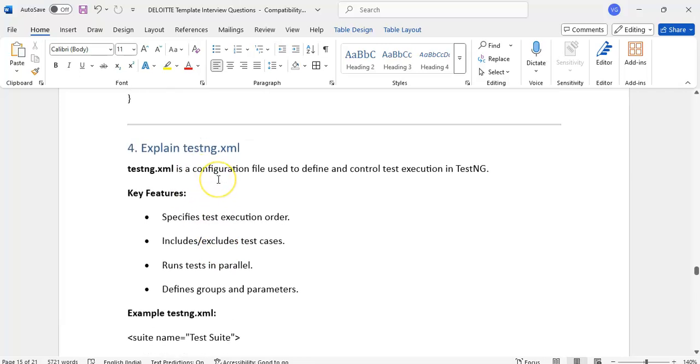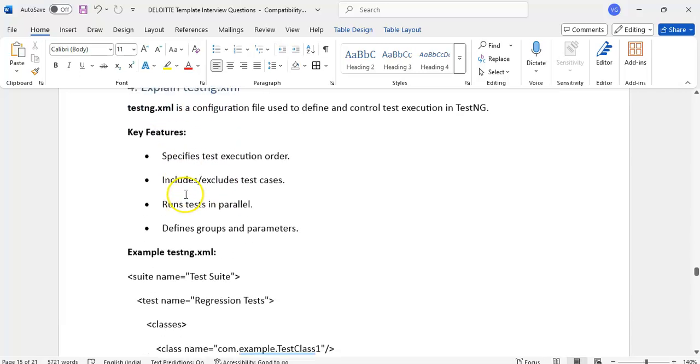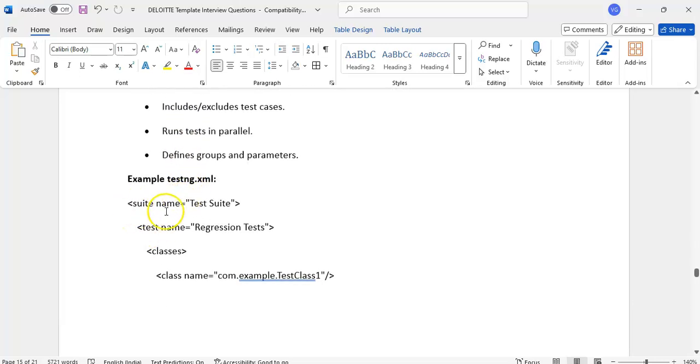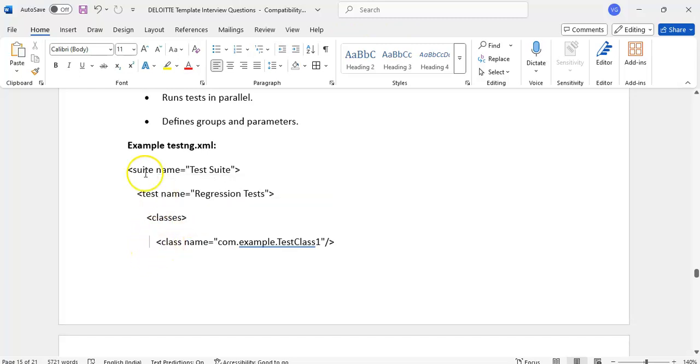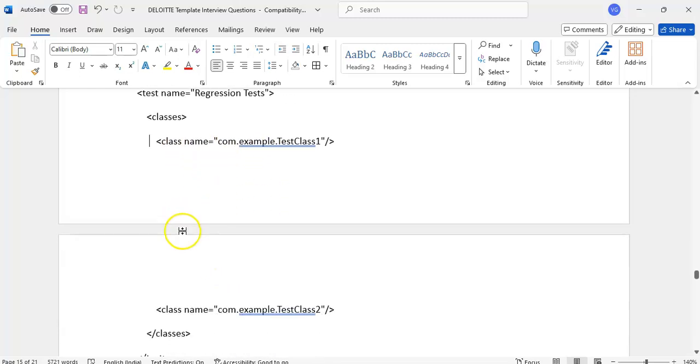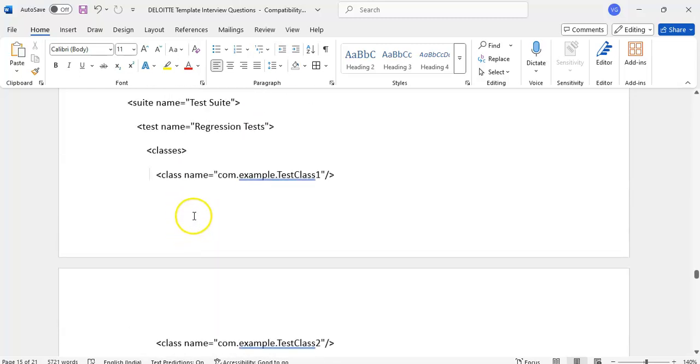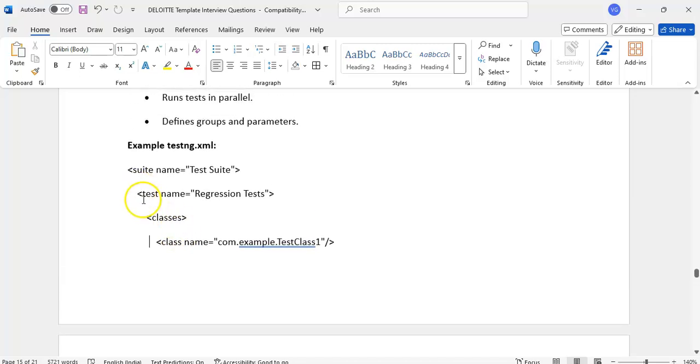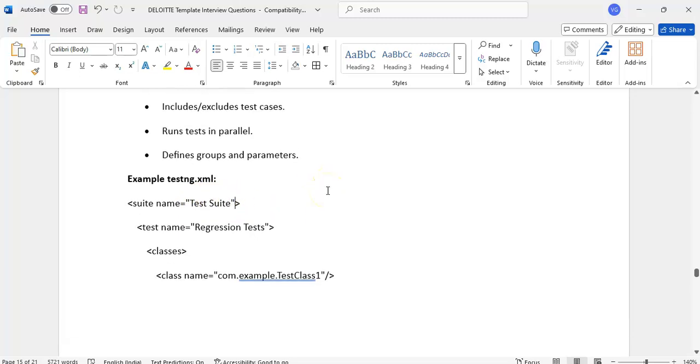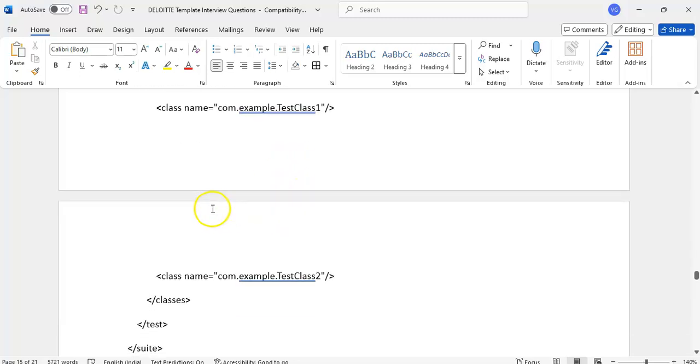Then explain about the testng.xml. Sometimes they will ask what tags we will have. It will have suite name and test name, then classes. Sometimes they will ask to write it also, so we have to practice it. Class name inside classes, and sometimes we will have methods, with include and exclude tags. In the suite tag, sometimes they will ask about parameters. If you want to run in parallel, we can have parallel tests or methods, and thread count. We will have attributes also,